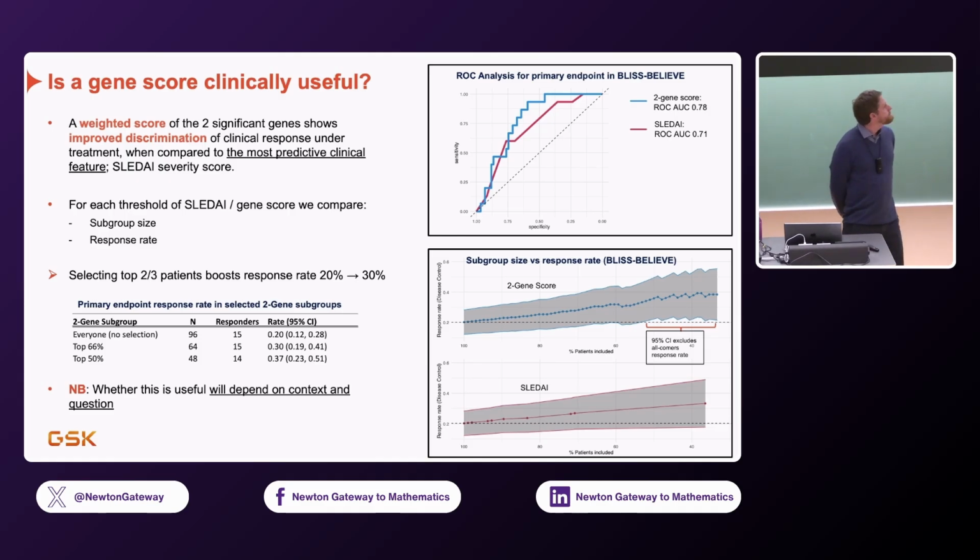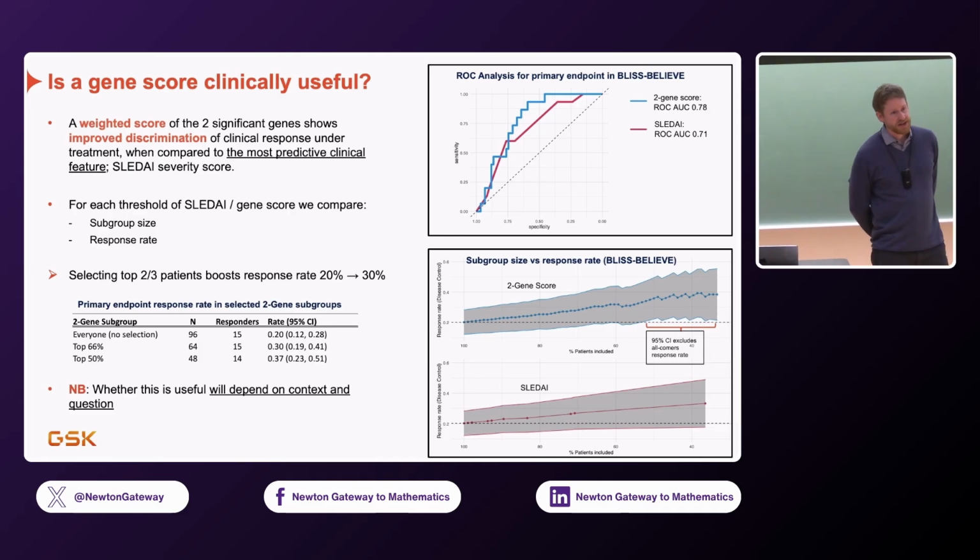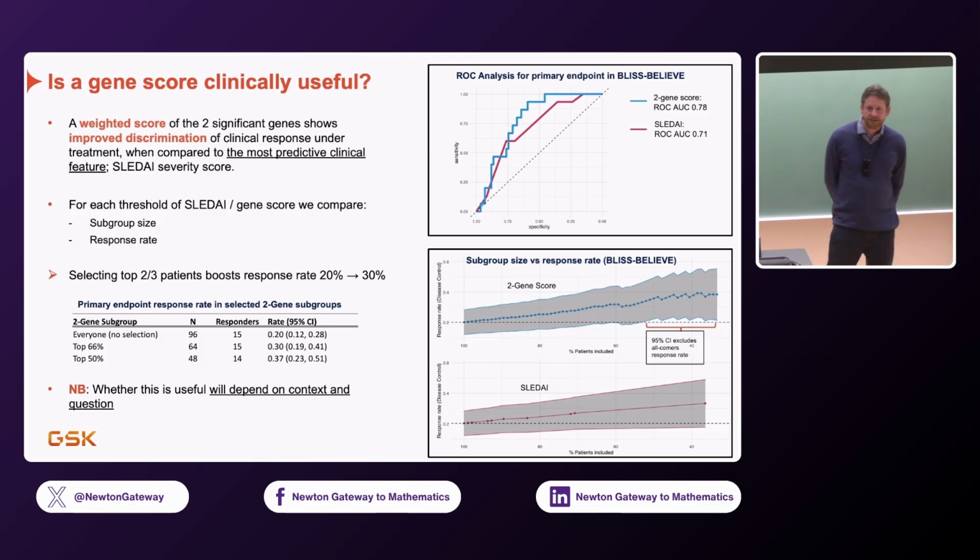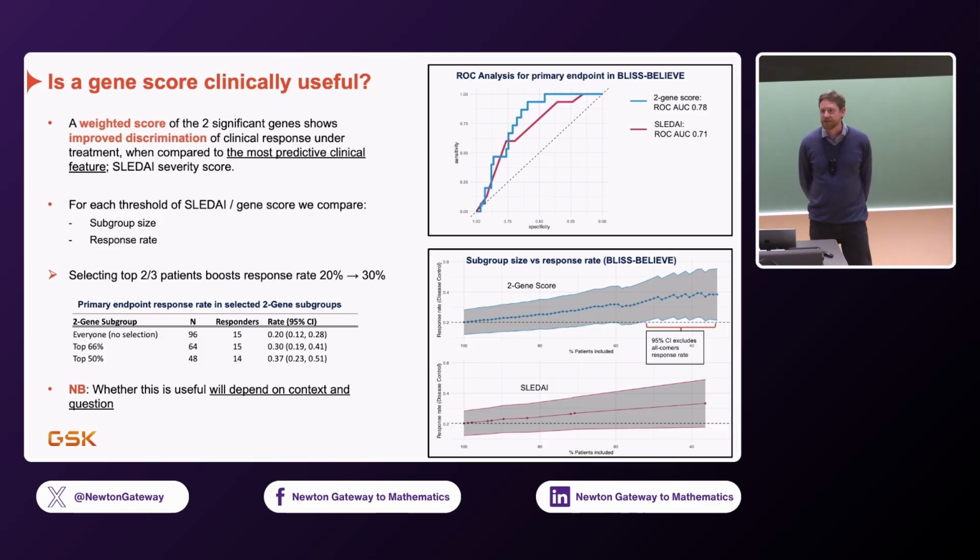This was a basic exploration of whether this is clinically useful. So we take the 2 genes that were significantly predictive of efficacy and response in this second trial. And in honesty, I don't think this is going to be clinically useful. And I'm quite interested in better ways of doing this sort of evaluation. But it looks like to double response rate, we will be looking at removing about half of the target population,